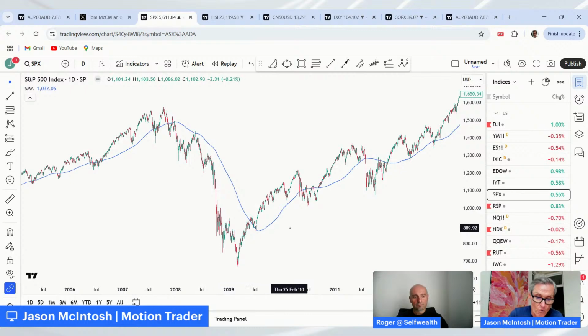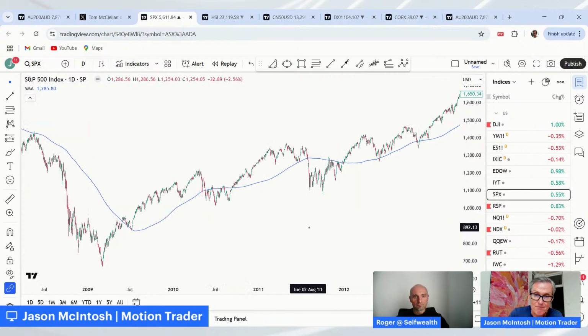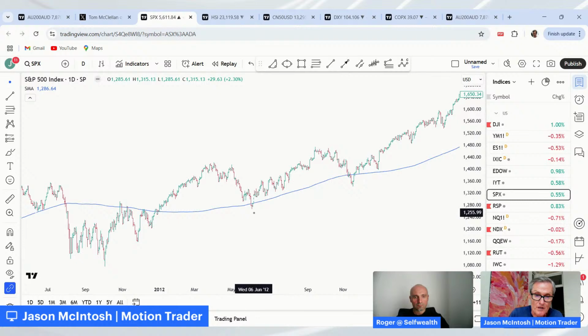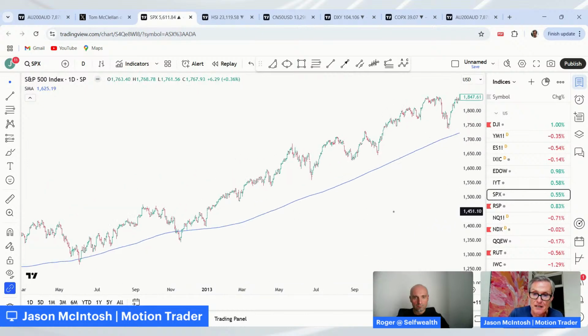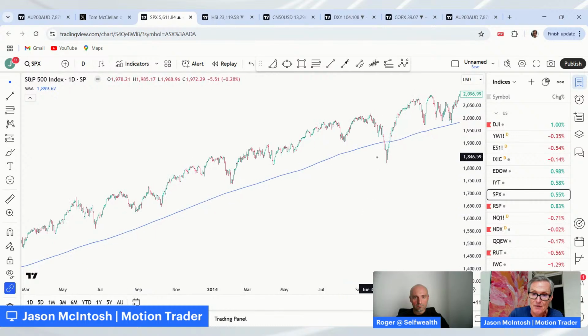Now, what you'll notice is that if there's going to be a quick rebound, like looking at these two here, just for example, they tend to happen within a few days. Let me just find another one. Here's another one. It's just lasted a few days. It was a few days below the 200-day moving average.